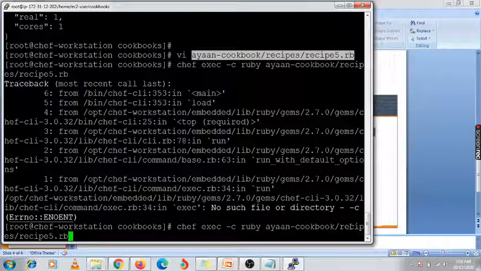Chef space execute. Okay, I think we have one mistake. Ruby space hyphen c, I think. Enter it.